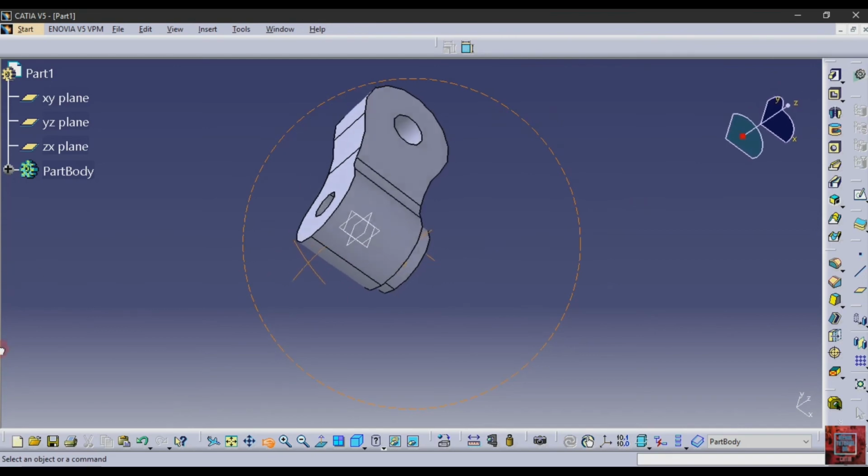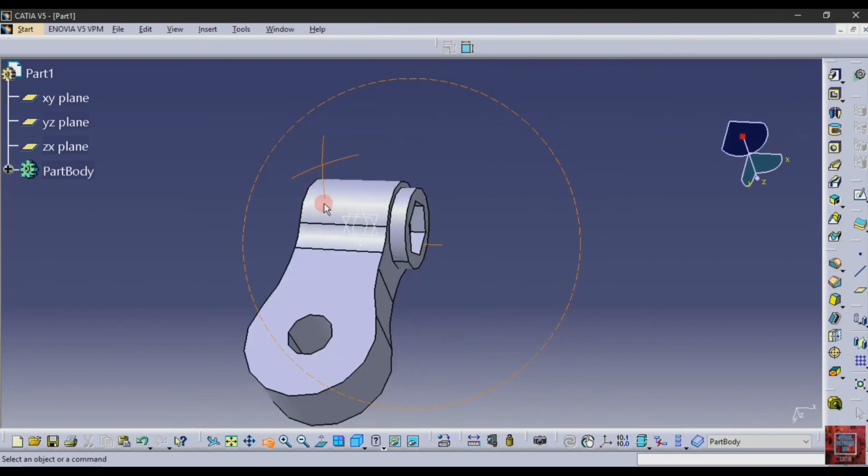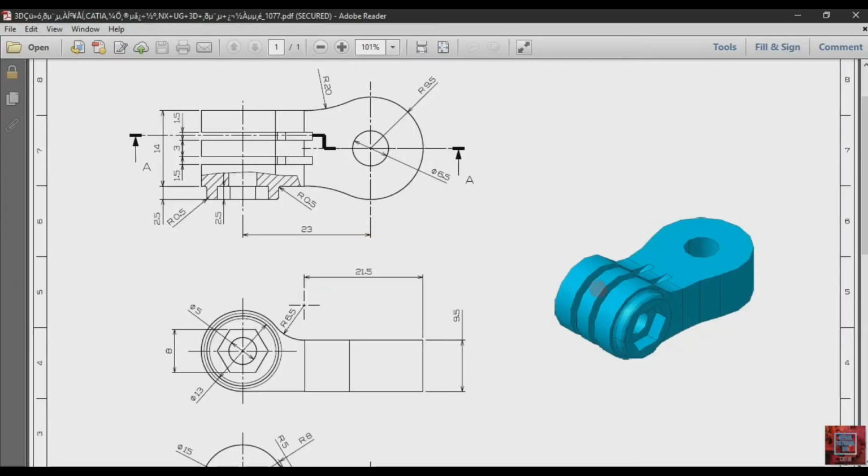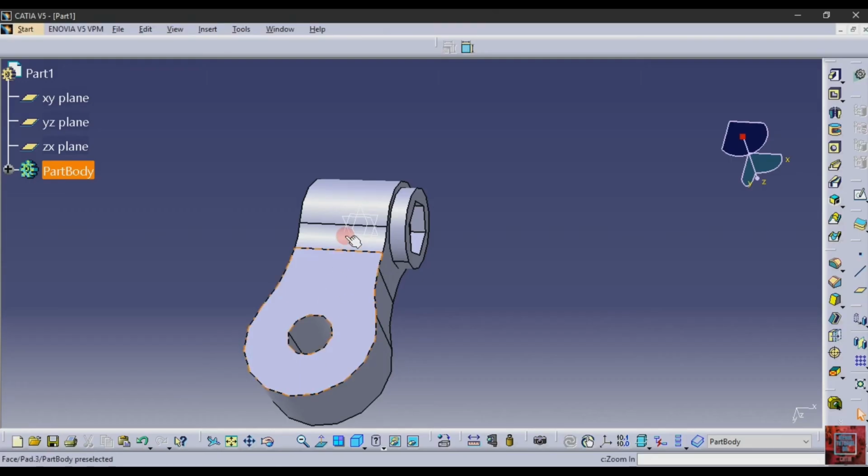The last thing we have to make is these slots. For these slots, the dimension is not given properly, but we are going to make these slots. So for that, select XY plane, sketch.